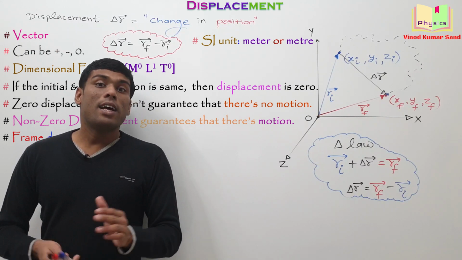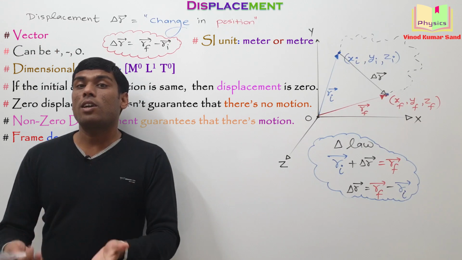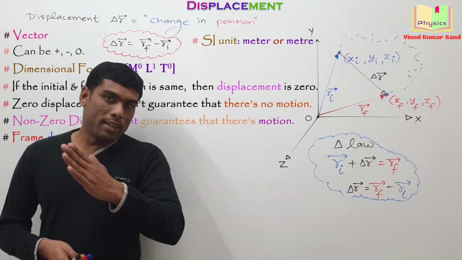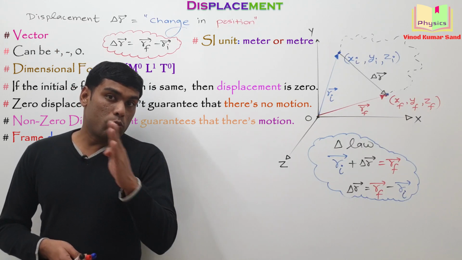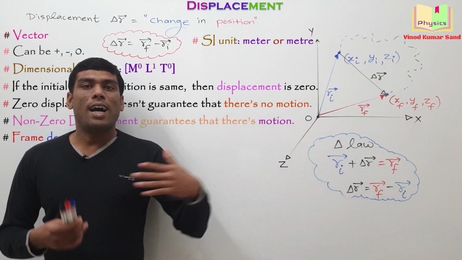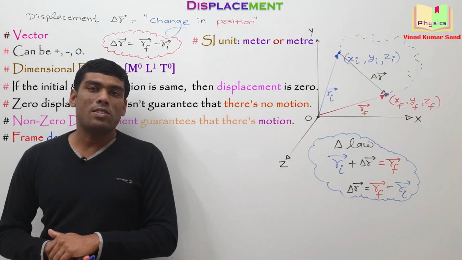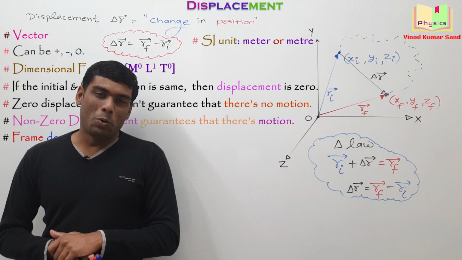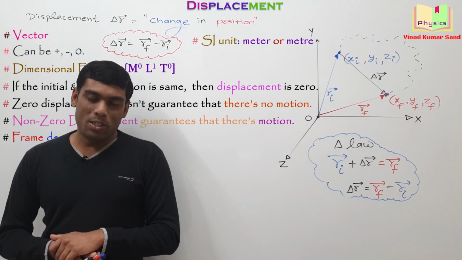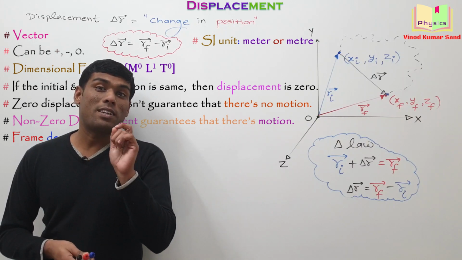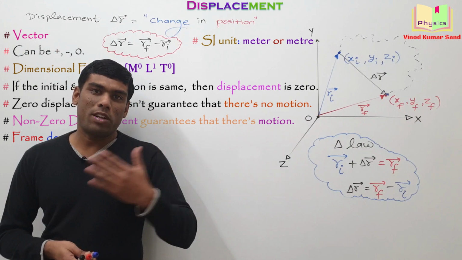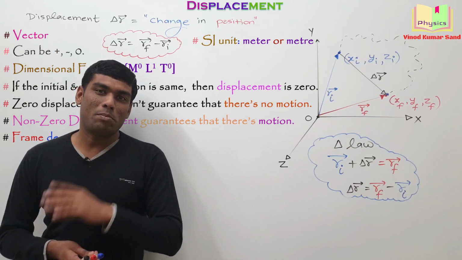For you, the initial and the final position of that luggage over a period of time is the same only. Now, I am the observer standing on the platform and I see that train passing by. Then for me, the entire train is in motion. So for me, the position of that luggage will keep on changing. I'll tell that displacement of luggage is non-zero. Who is telling the truth? Answer is both. Displacement is a frame dependent quantity. You are telling the truth in your frame as well as I am also telling the truth in my frame.